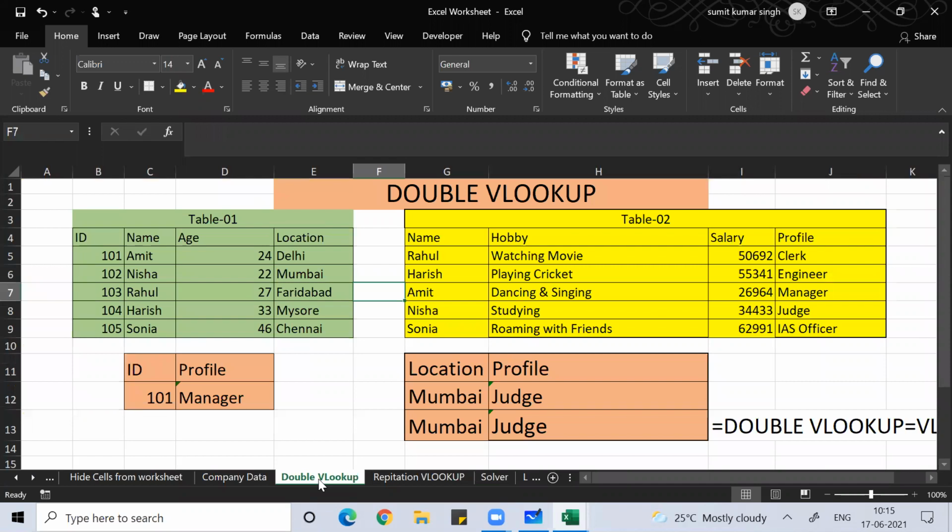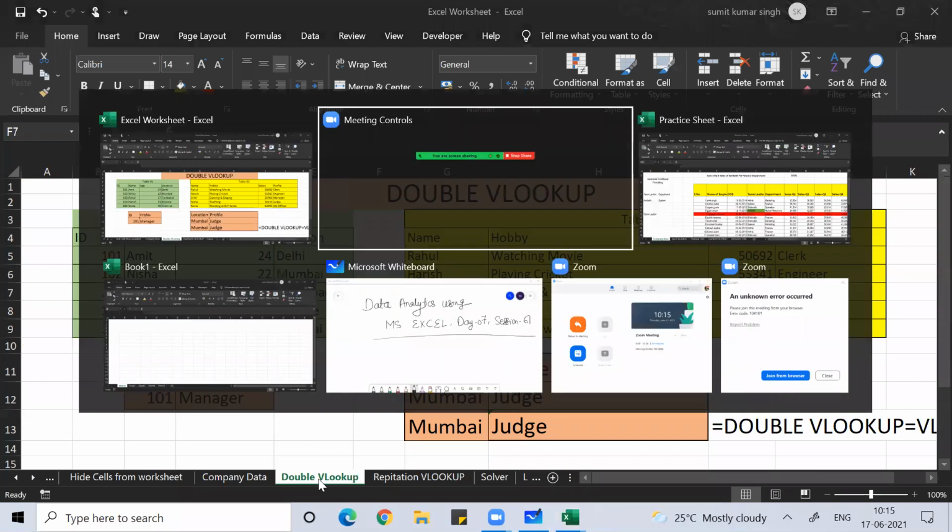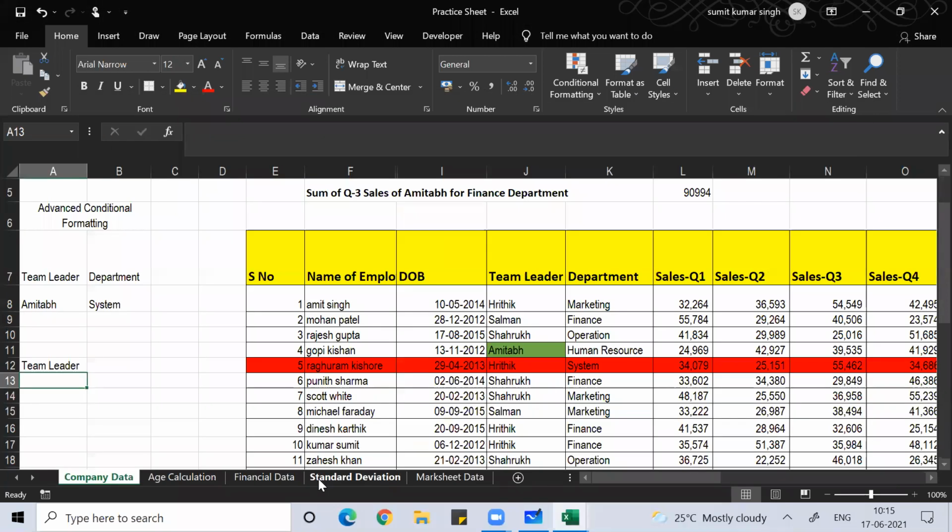The problem is, if you go for an interview, the examiner will ask you what are the limitations of VLOOKUP, why the INDEX function is better than the VLOOKUP function. So people will answer that, sir, with VLOOKUP we cannot do reverse, but with the INDEX function we can do it in any way. Okay, so there's something called the CHOOSE option. If you work with CHOOSE along with VLOOKUP, you can actually do reverse VLOOKUP also.